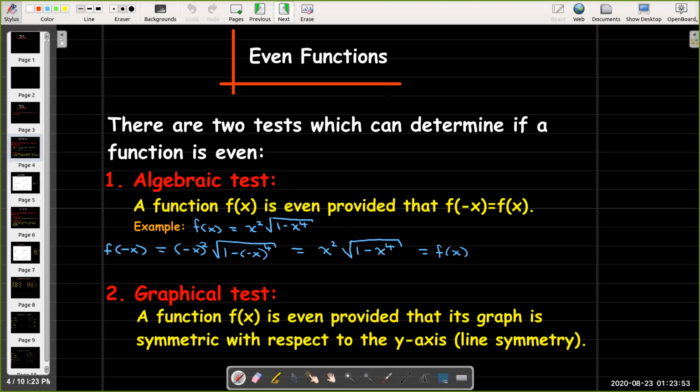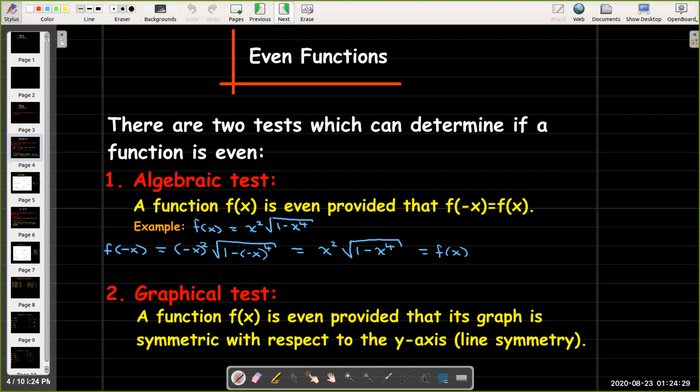Algebraically, if we replace x with negative x in the formula for a function f, and then we simplify, and we come up with the same formula that we started out with for f, then that's an indication that the function is even. For example, if I look at f of x equals x squared times radical 1 minus x